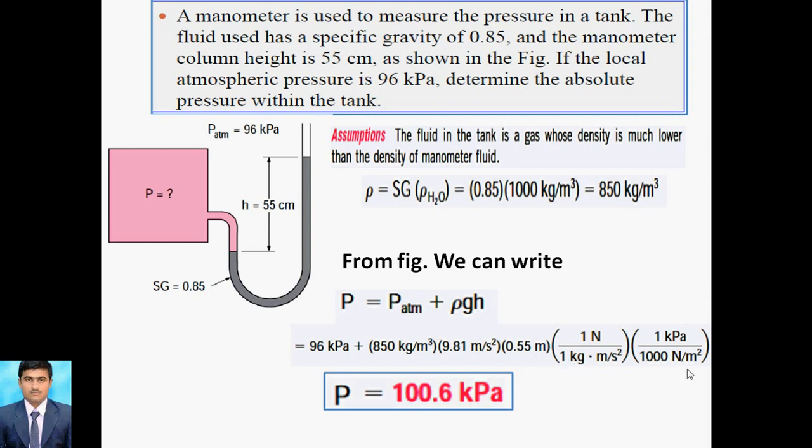So a multiplication factor is required over here, and according to that we can measure the pressure at point A. This is the tank actually, and you have to measure the pressure at this point. So we can attach the manometer, measure this height, then put it in the equation, put in the values, and then find out the pressure at point P. This is the relation for that.